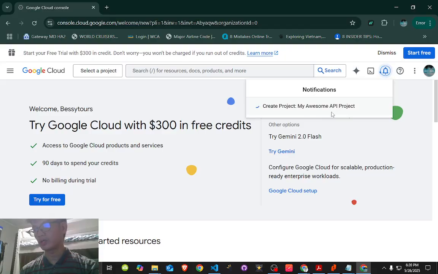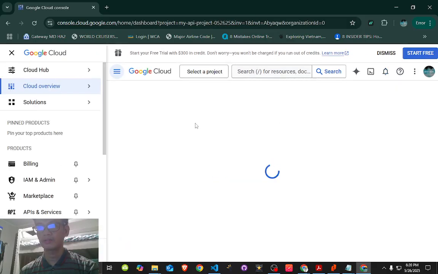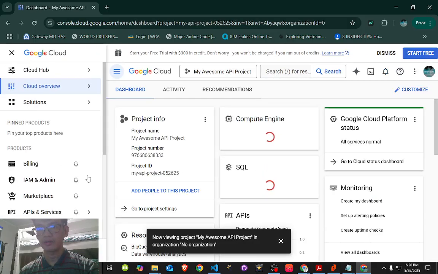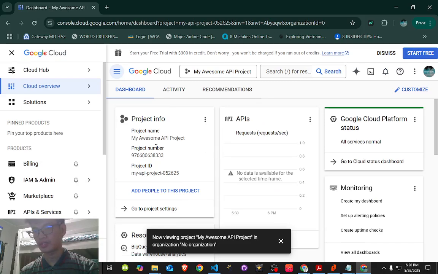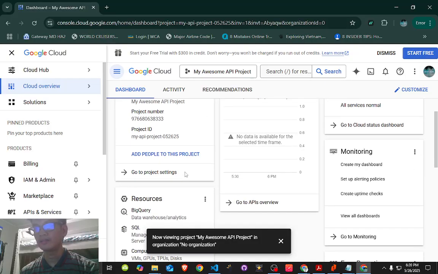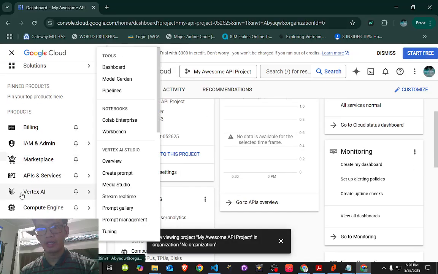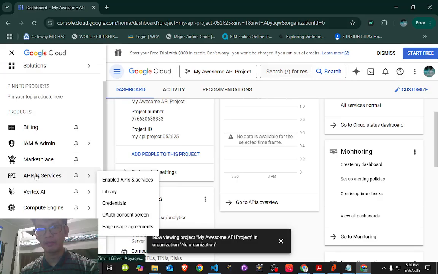Now it's creating it for us. Great. Now we select that project. Alright. That's the name of our project, My awesome API project, and the project number and the project ID. Now we head over to our left hand panel. Click on APIs and Services,